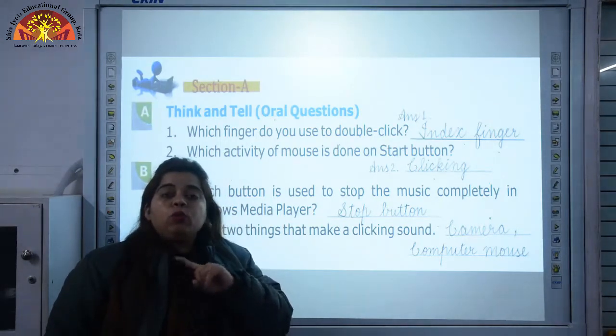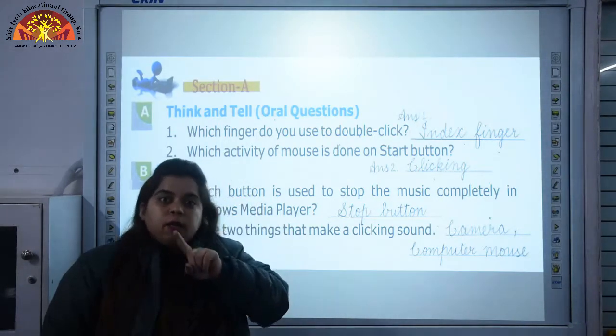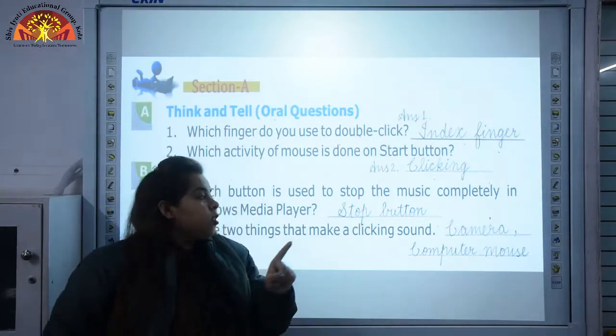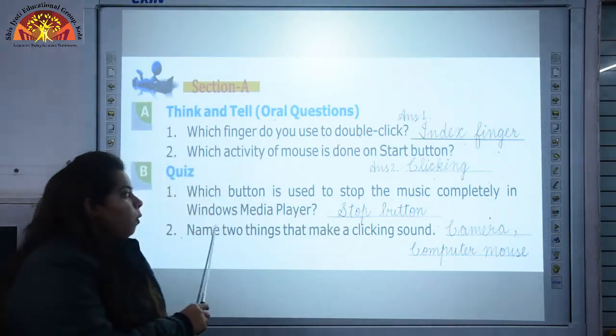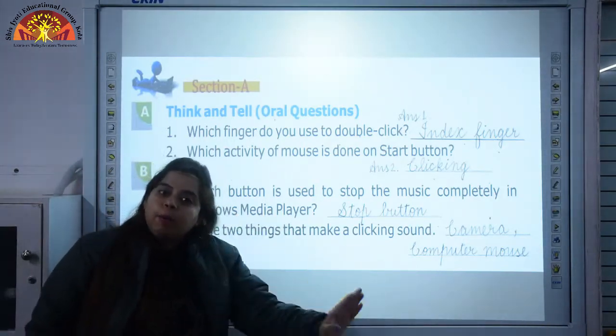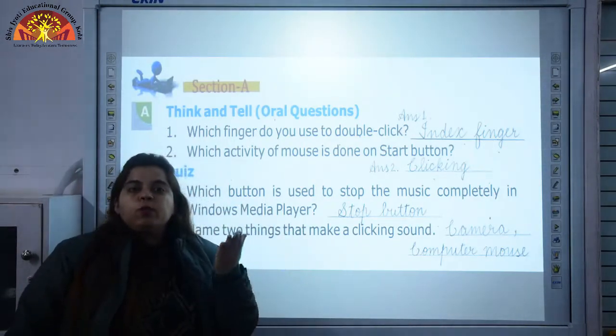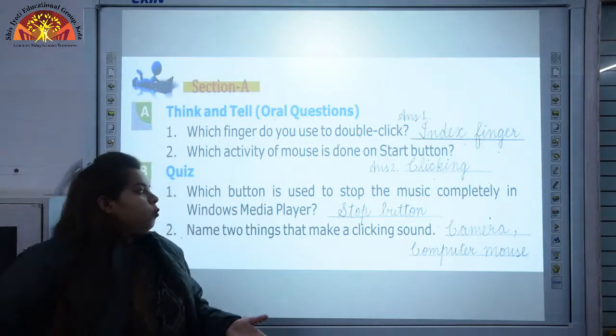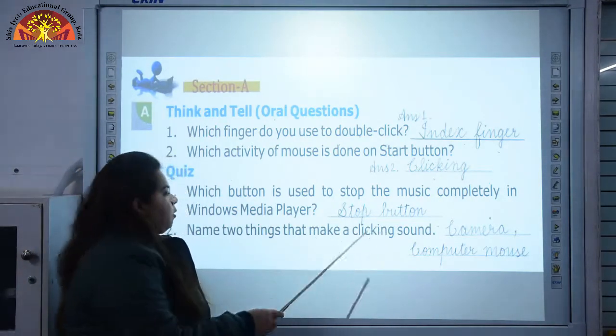But if we want to stop the music till end, which button we use? We use stop button. So the question is also asked, if we want to stop the music completely, that means at the end. So which button we will use? We will use stop button.